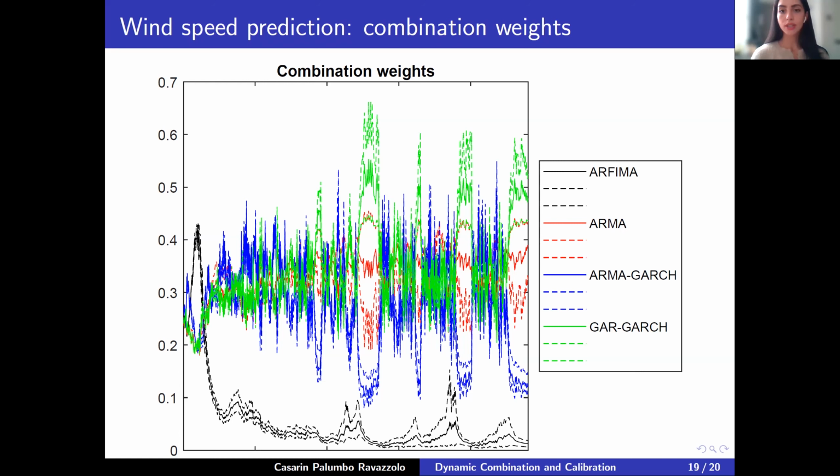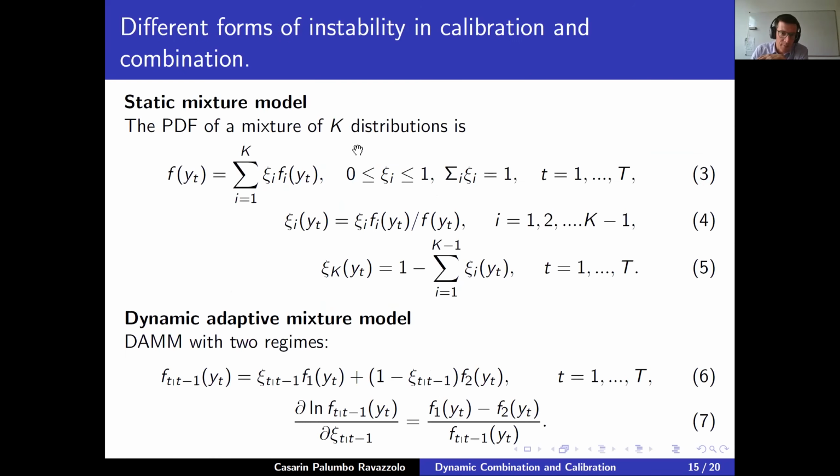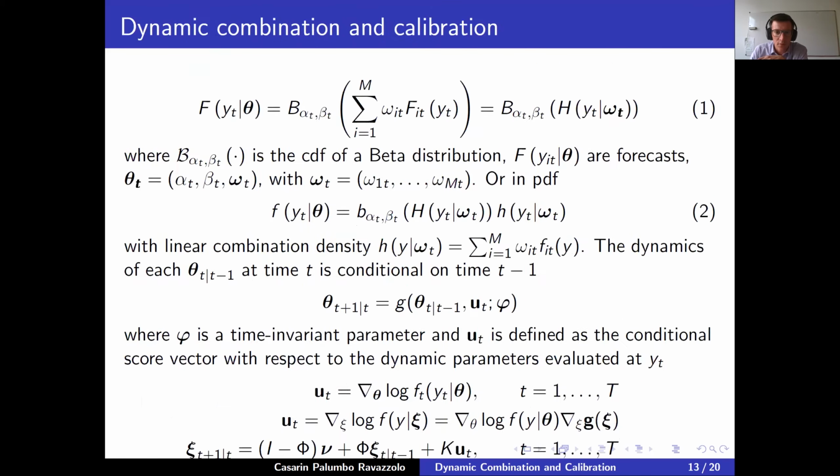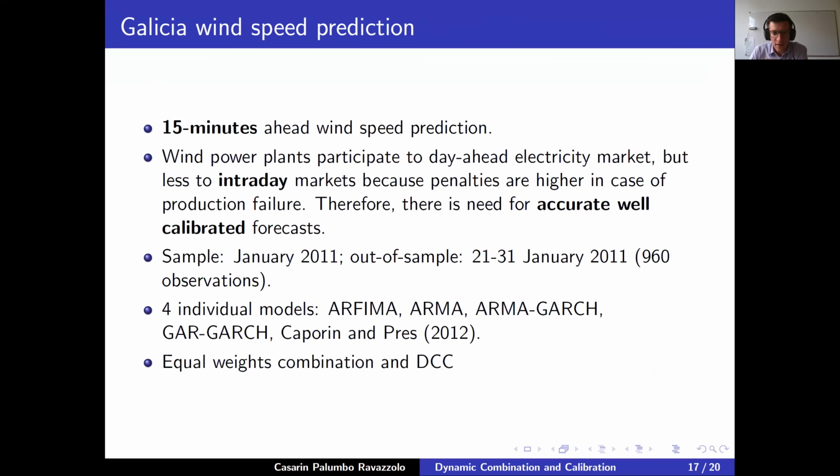So I have a question on the application. I was wondering what guided the choice of these specific models and what guided the choice of having 4 models and not say 3 or 7. Okay, so this paper, the one that introduced the GARCH, we took basically from them. So I should be honest that we haven't investigated more. There is a huge amount of new models coming in this, not only with the speed, but also with the direction,